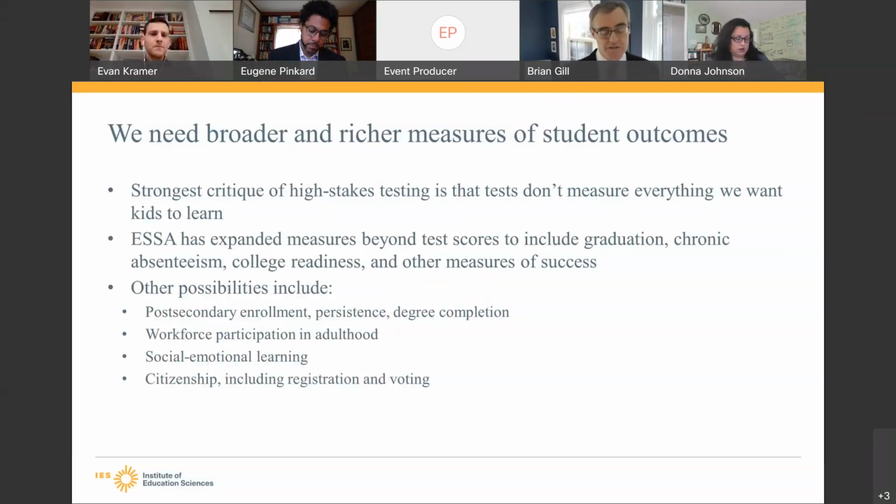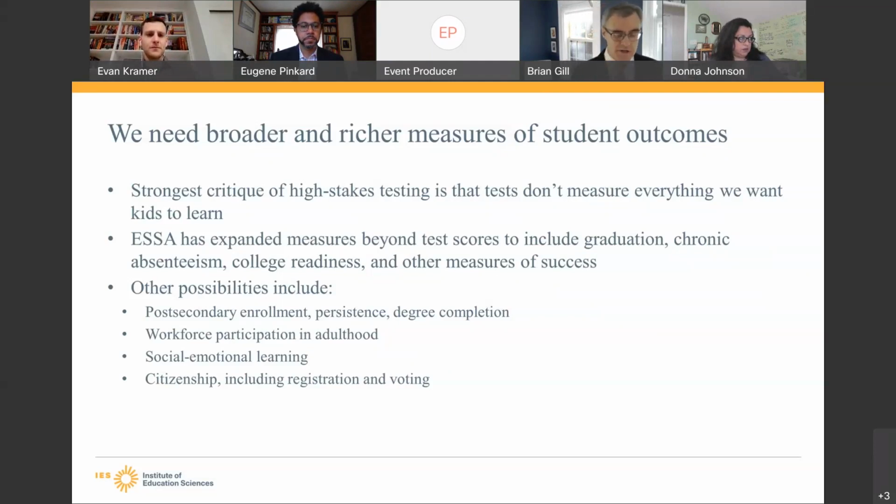And the Every Student Succeeds Act, to some extent, recognized this by expanding the older measures from No Child Left Behind beyond proficiency in reading and math to include things like graduation, chronic absenteeism, college readiness, and other measures of success. But there are all sorts of other student outcome measures we might include as well.